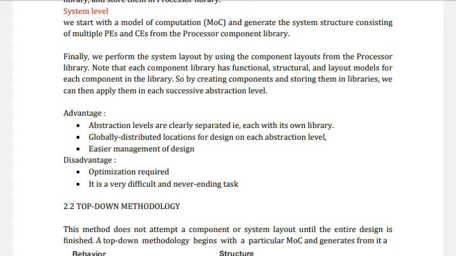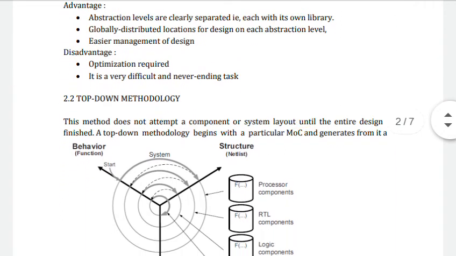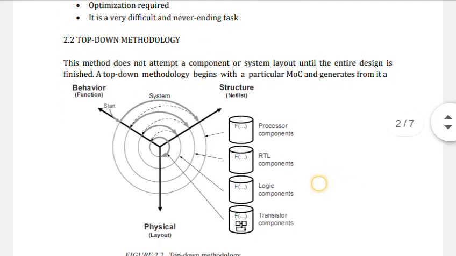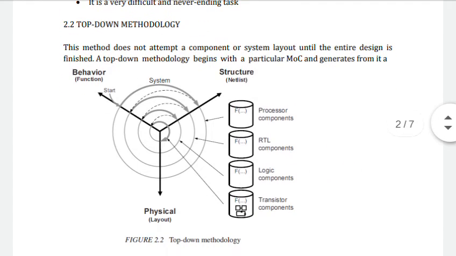Okay, this also comes under the bottom up design, that is from circuit to system level. Then the top down methodology. What is the top down methodology? That is from the system level, then the processor level, then the logical level, and then to the circuit level. So first we analyze what we want to design. So what things are required, what components are required, how we design the circuit, that all comes under